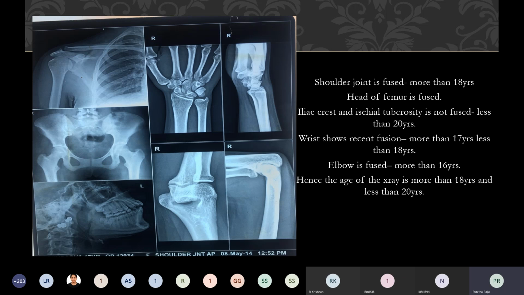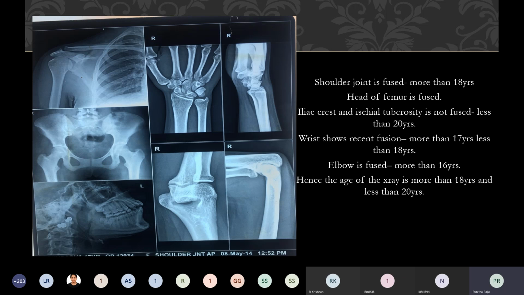In the mandible, you can see the first molar has appeared, the second molar has appeared, and the third molar has appeared, but it is within the socket. So there is no complete eruption of the third molar. Normally the third molar erupts at 17 to 21 years. So that is the age of the third molar. But here you can see it is almost at the level of the neck of the second molar. When you get this person and tell the person to open the mouth, you can just see the crown of the third molar. So that is the one.